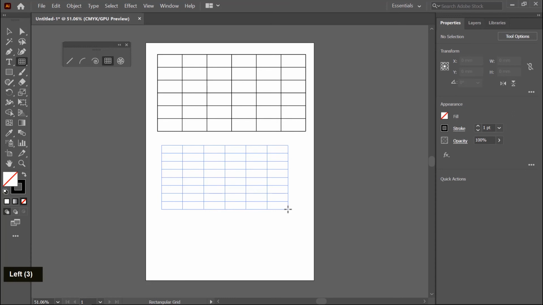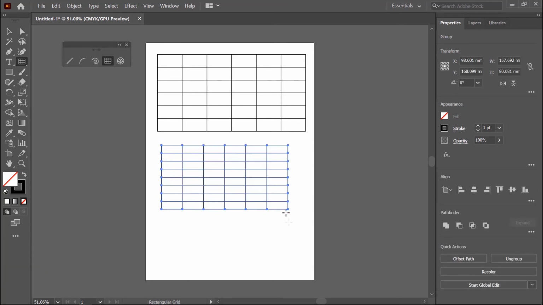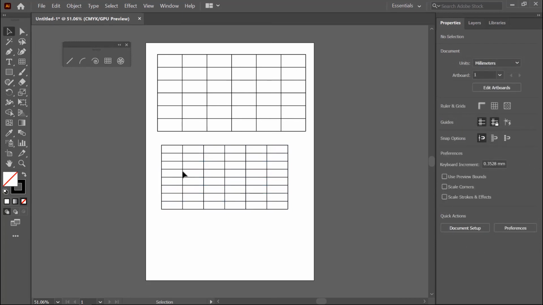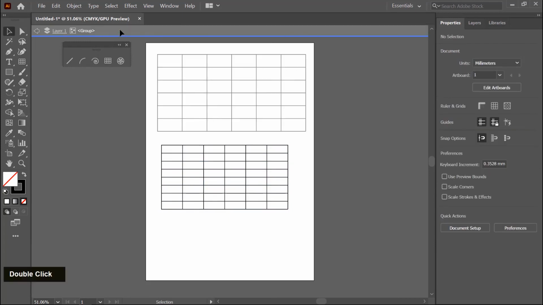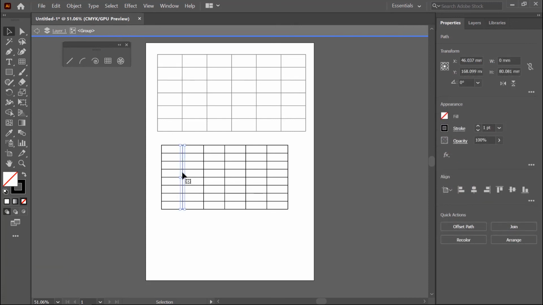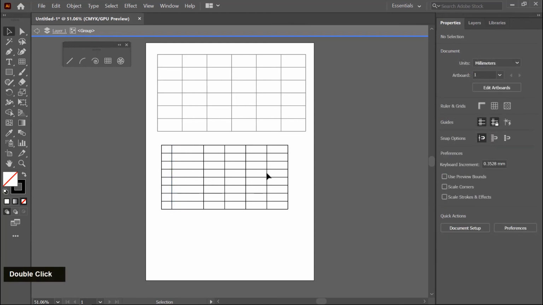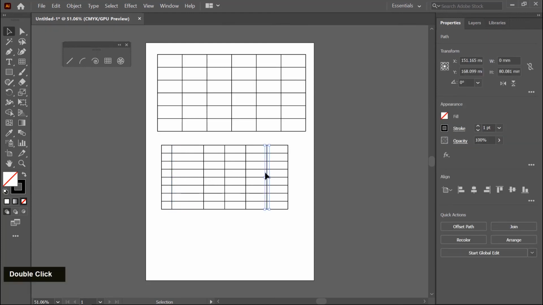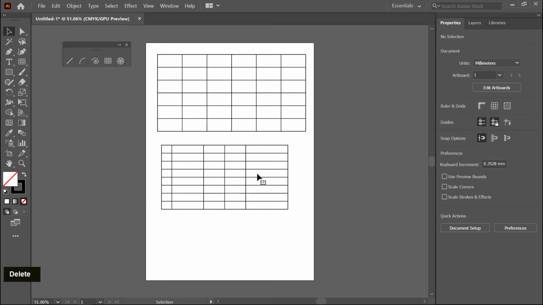And then release your mouse. Table is created. By default, row and column spacing is equally distributed. If you want to change the column gap, first switch to the selection tool. Double click on this line. A gray line is displayed here. It means you are in editing mode. Select this line and move by using the shift key like this. Double click again on this line and move by using the shift key like this. If you want to delete this line, press the delete key, and the line will be deleted.